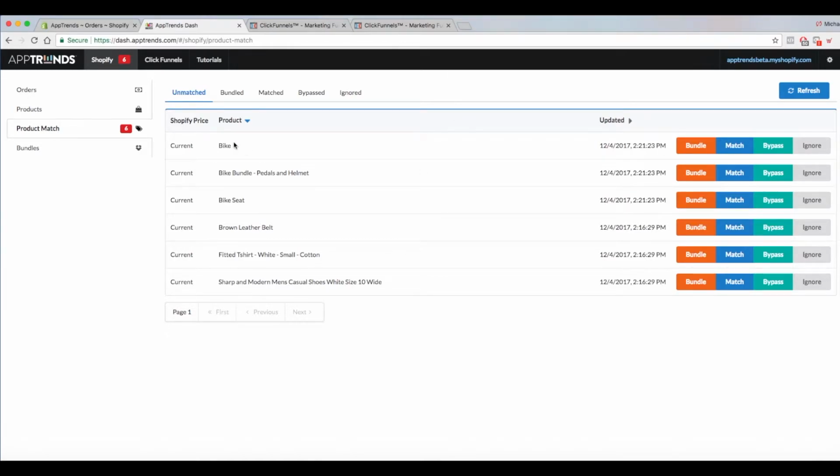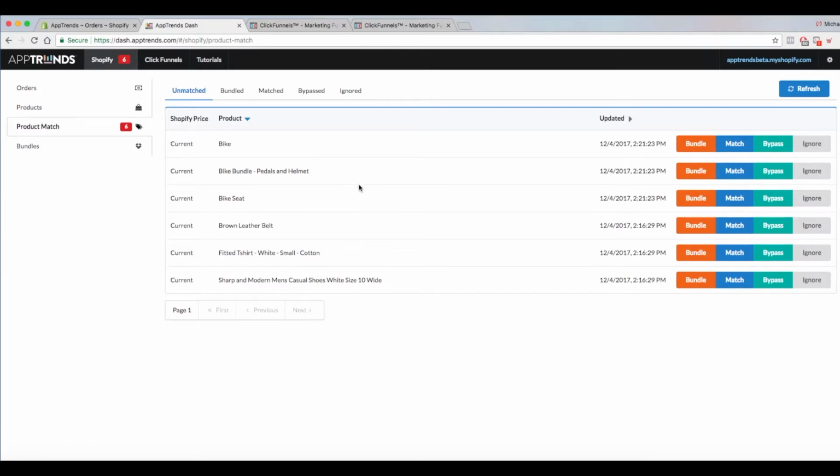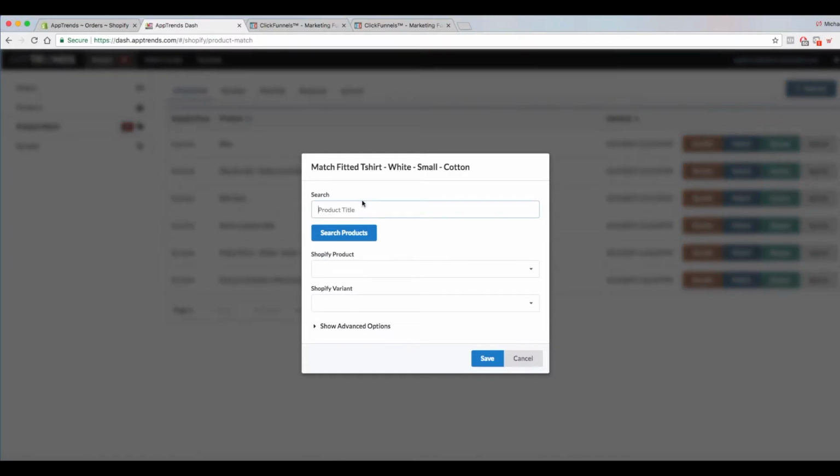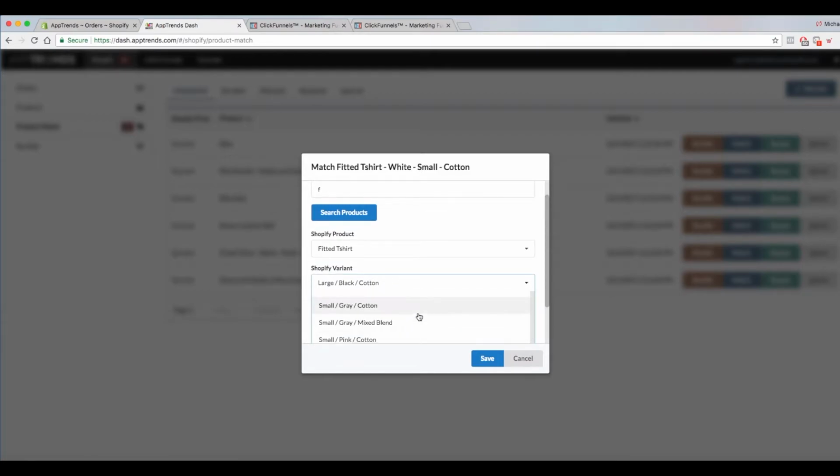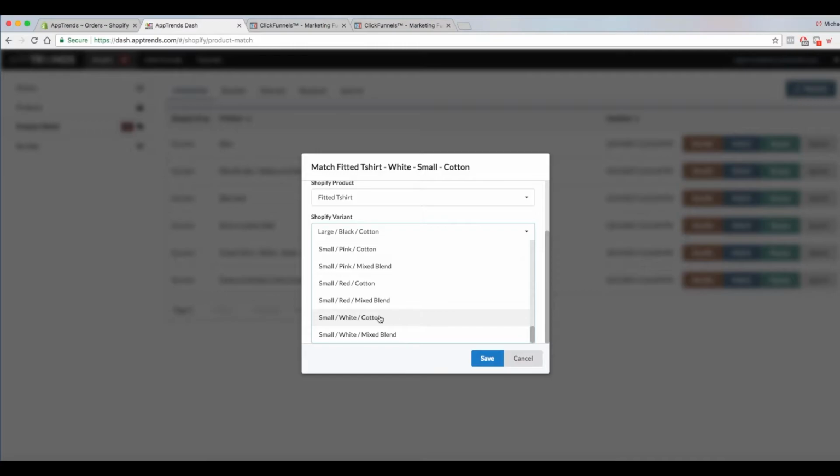Okay, so here we are on product match, and what I want to do is show you what this looks like. Okay, so I'm just going to match these, and let's start with these ones down here, okay? Because this was a really basic funnel right here. So let's go ahead and match the fitted white t-shirt, small cotton, okay? So here we go. I think it's fitted, right? So you just put in the first letter, or you can spell it out whatever you want, and it finds it. And the Shopify product was a white small cotton. So it's a small white cotton, and